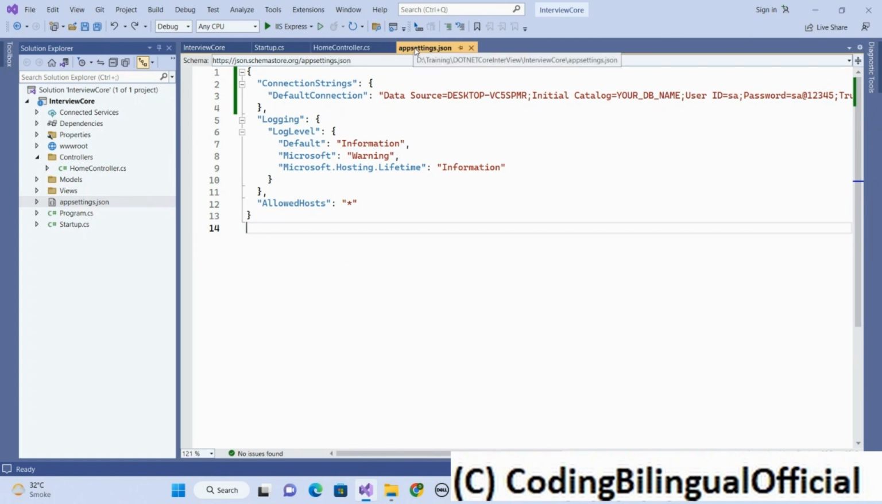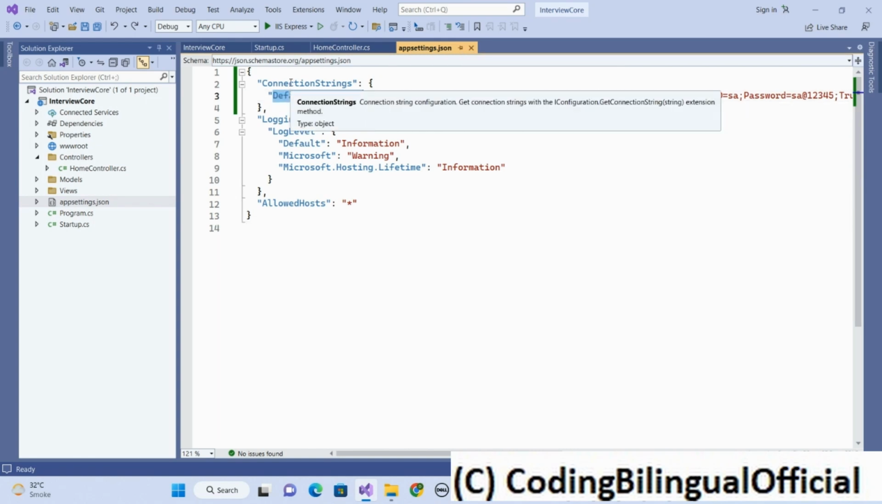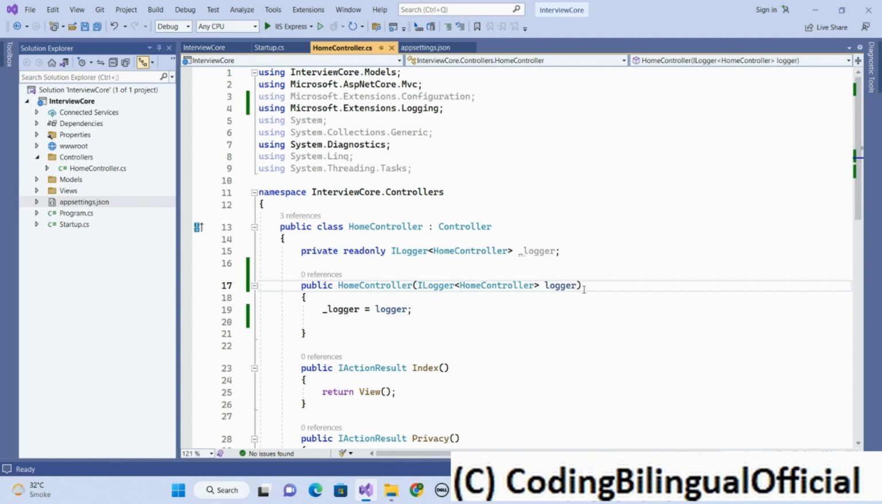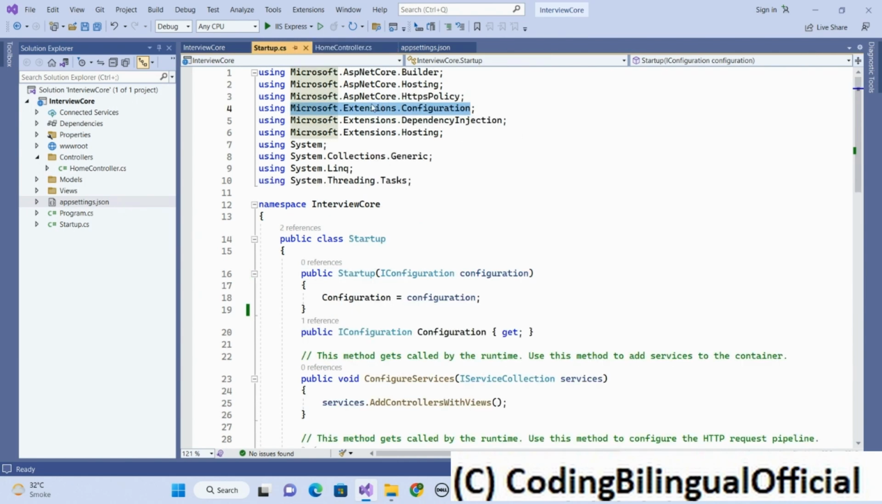You can see that currently inside the appsettings.json file I have specified my connection string, a kind of parent-child relationship. So to access this, definitely we need to write some code inside our home controller. Okay, now inside the Startup.cs file, you can see that we have a library